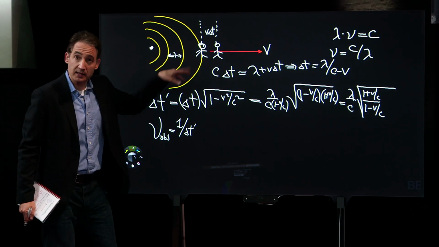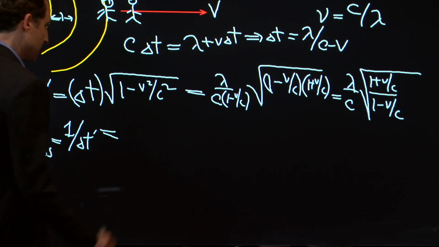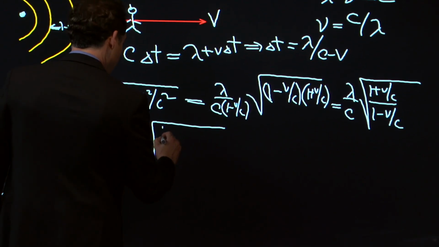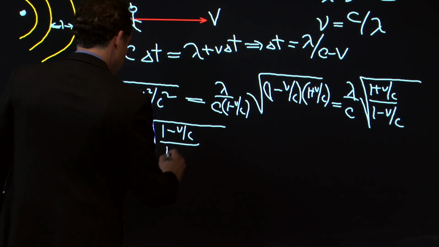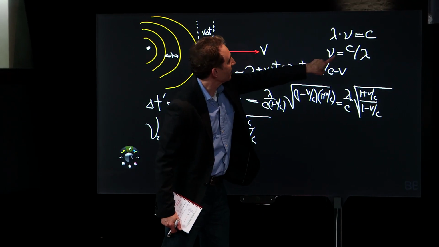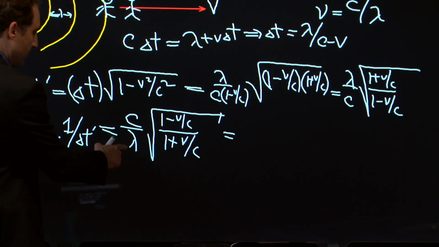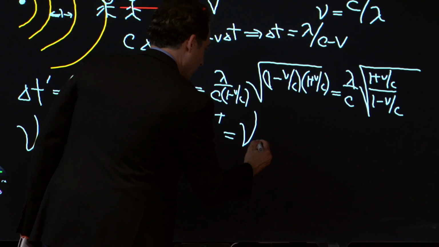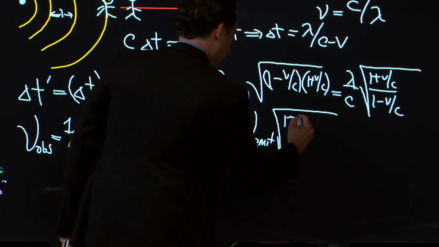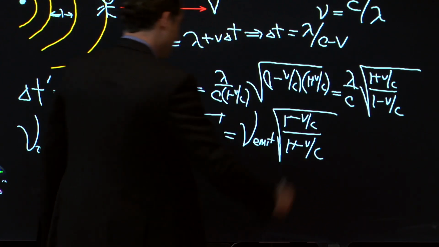Bigger frequency means less time between each of these hits, and therefore we need to flip that guy upside down: c over lambda, square root of 1 minus v over c, 1 plus v over c. And then we recognize from the formula that we have over here that that is just the frequency at which the light was emitted, this term in front. So this is nu emitted